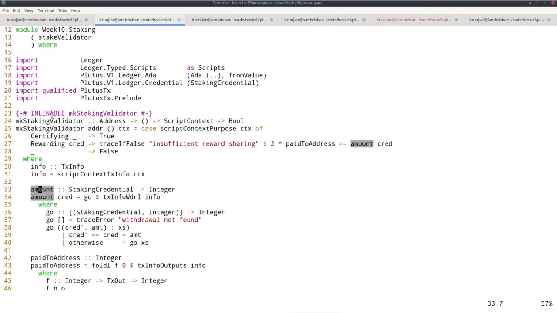Now to get the total reward amount, given the staking credentials, which I receive here in the purpose, I can use them as an argument here. So given the staking credentials, I have this helper function that receives a list of pairs of staking credentials and integers. And I call that with the field we just looked at in the txinfo, this txinfo WDRL field, which